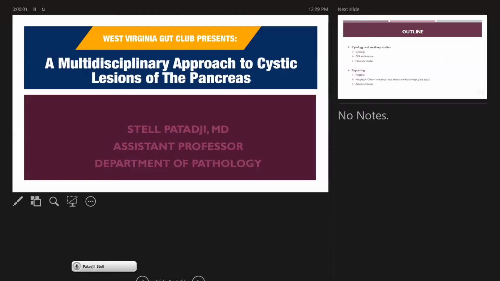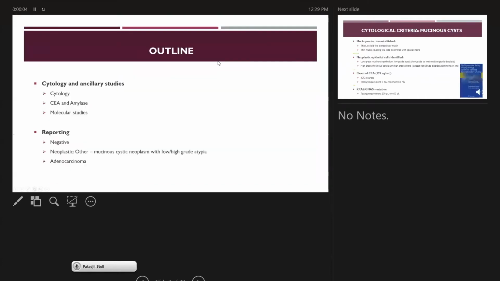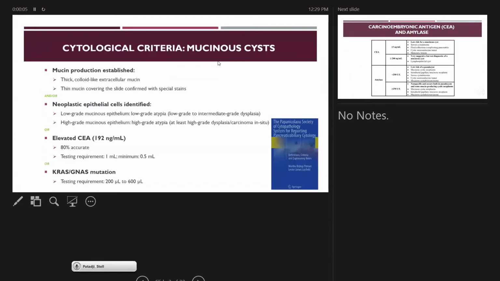My name is Dr. Patadji. I'm a pathologist. I am here to give an overview, with our main goal being to differentiate mucinous from non-mucinous cyst. The cytological criteria for mucinous cyst